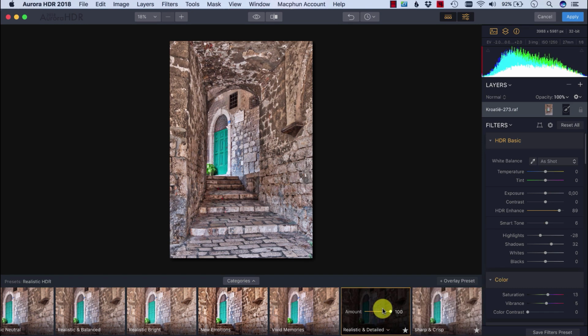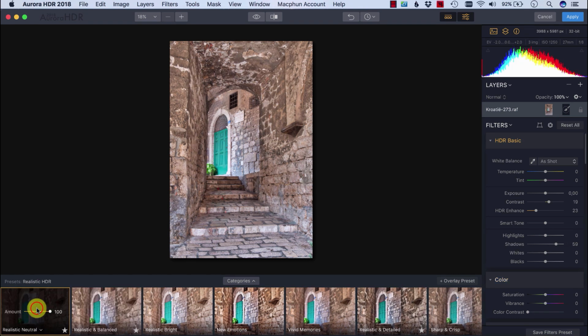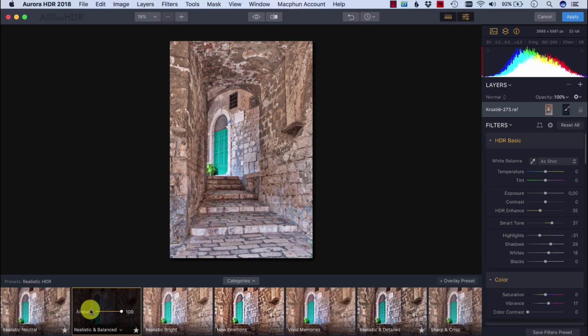I prefer this one better because there is more contrast, but I don't like it too much. This is neutral. I think I like this one most, but I want to add some extra contrast, and that's a good thing because